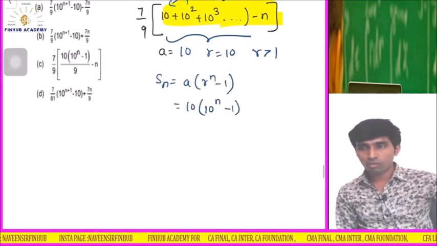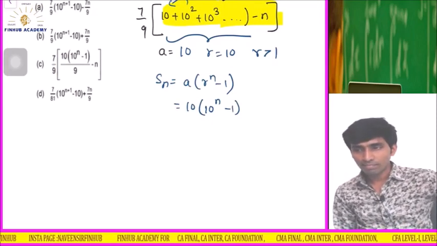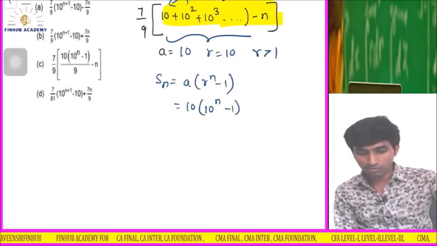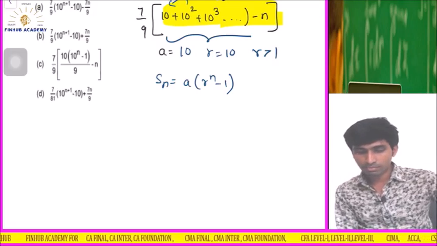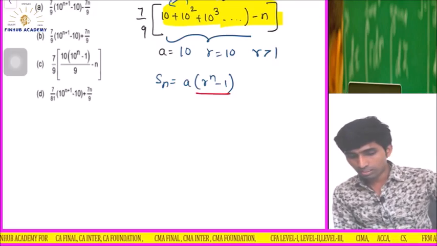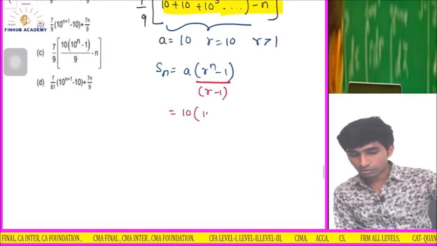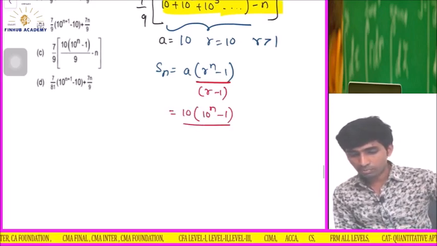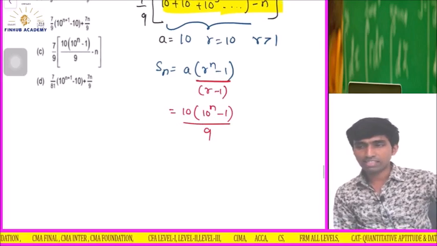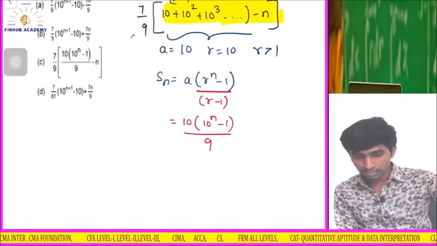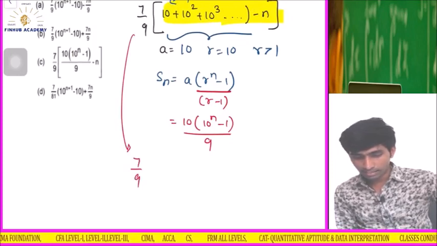Understood? So what I will do here is upon 1 minus R, I forgot. Okay, R minus 1, I forgot. So here upon R minus 1, like this was the formula, no? So 10 into 10 raised to n minus 1 upon 10 minus 1, which is 9. See here. Understood? So in case I substitute this here in this equation, 7 by 9, this whole thing